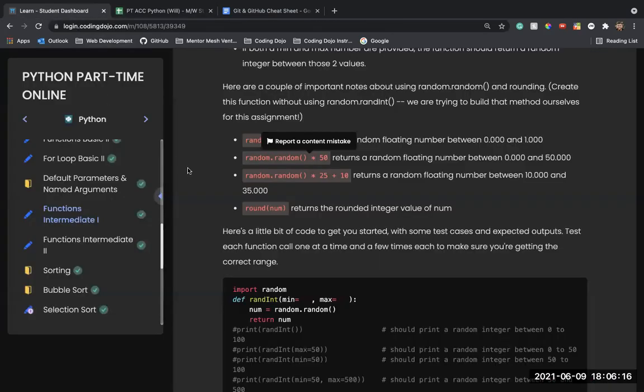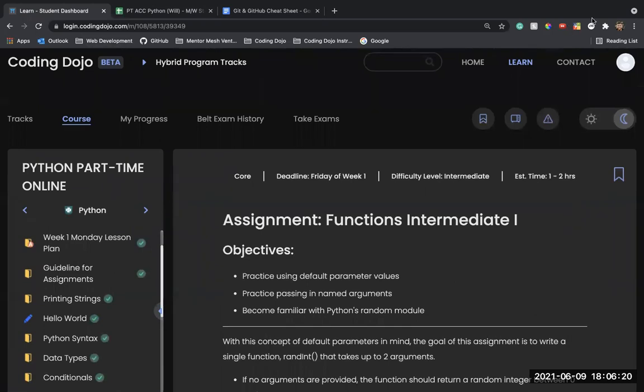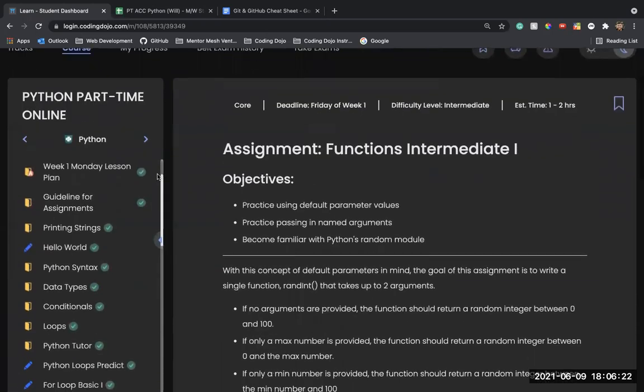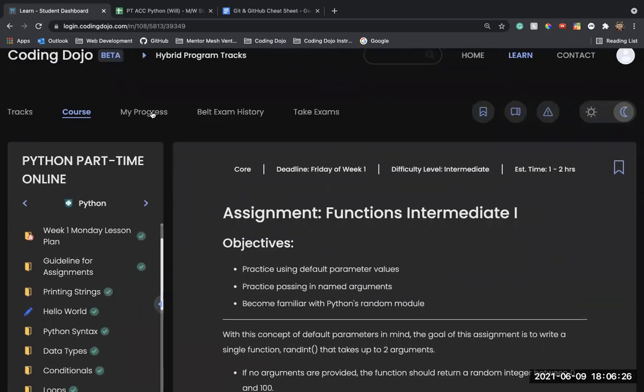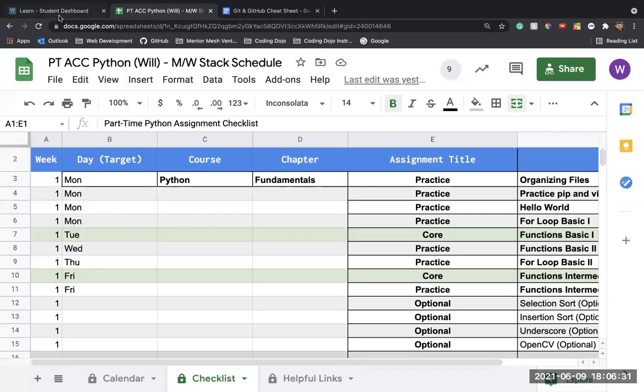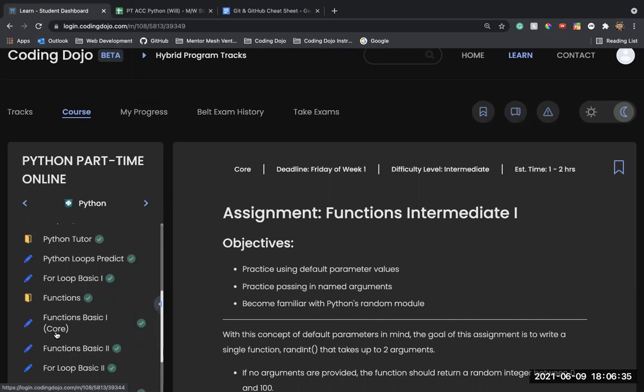Now on the actual My Progress, you're not going to see that on the platform. You're not going to see the core on My Progress, but you will see it in our assignment checklist, and again, I will make sure that every assignment that is a core, I'm going to do this tomorrow, will have this core in parentheses right here. That way you guys know, but it comes out to about 2 a week.